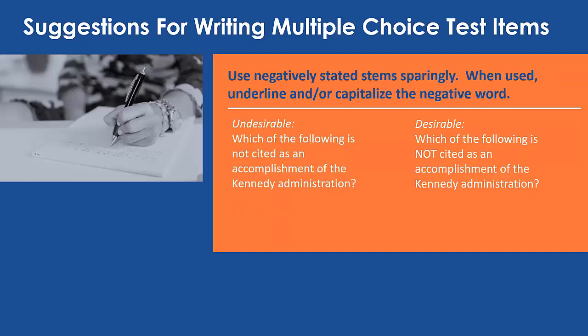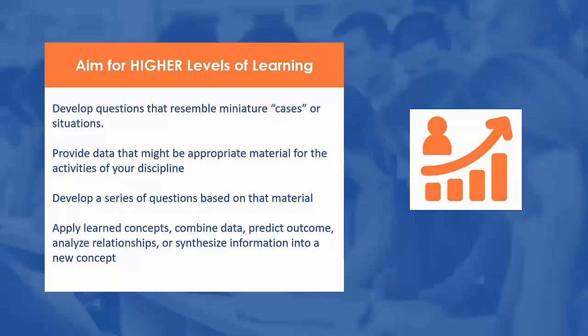And finally, if you use negatively stated items, use them sparingly and make sure to underline or capitalize the negative word. Because you don't want to trick them with the question. You want to trick them with the answer. And if you're a trickster, that's how I would play it. So just a little strategy to aim for that higher level rather than your lower level of Bloom's taxonomy is